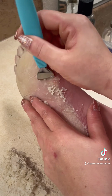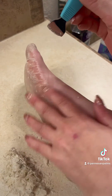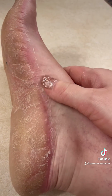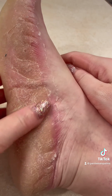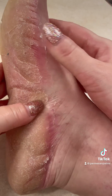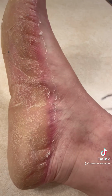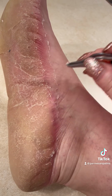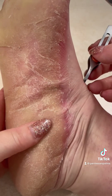And so I realized a couple of days after the foot peel, oh, this is not going to work for me. I already knew that it's not a recommended treatment for this type of skin, but I thought I'd try. Now this is like a week and a half, a week later from the peel. The edges of my feet are finally peeling up where there is normal skin, but the callus is still not really peeling. There have been some flaky layers, a little bit deep on the inside of my foot here,